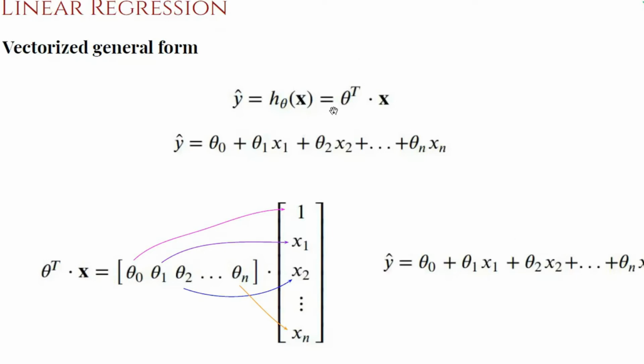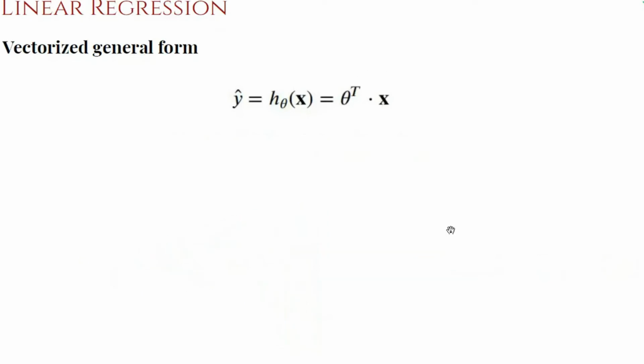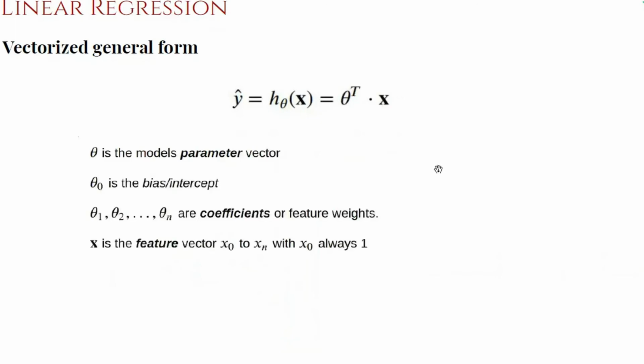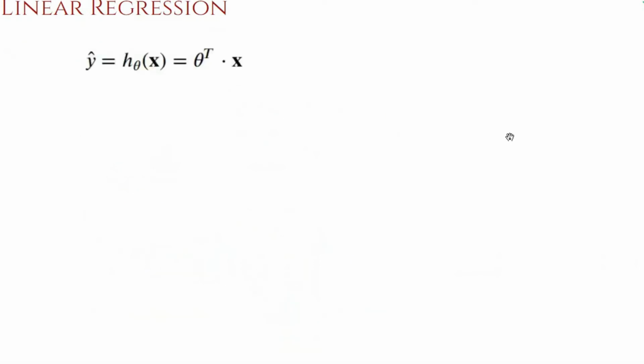So always think when you see this term theta transpose x or w transpose x, a transformation is happening to your input. So the transformation is applied or made by these model parameters that are stored in this vector or in this row vector. So this is the representation. You will quite often see this representation theta transpose x. So whenever you see this, in your mind you should expand it like theta 0 plus theta 1 x1 plus theta 2 x2 and so forth. Then it will be very easy for you to follow it up.